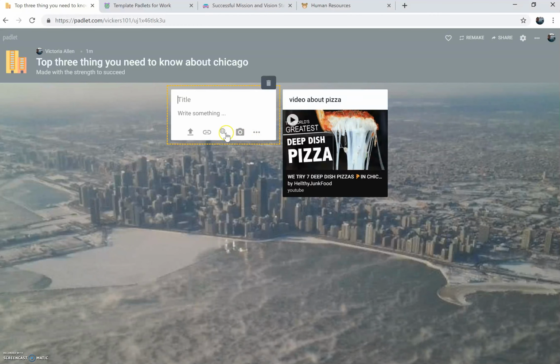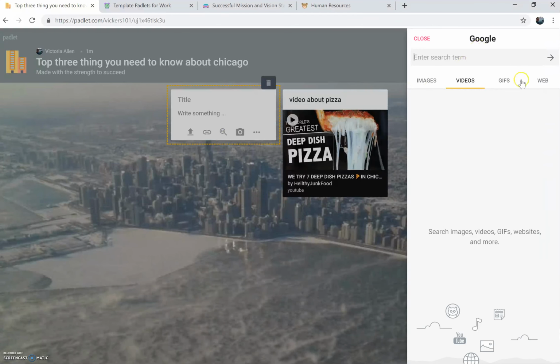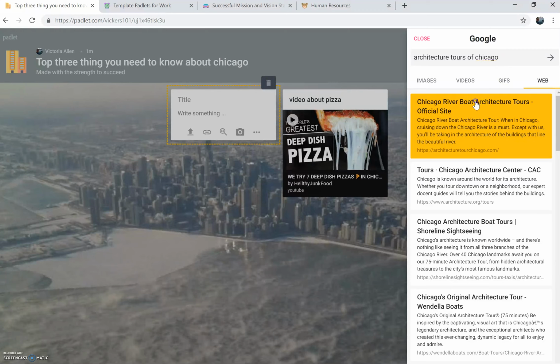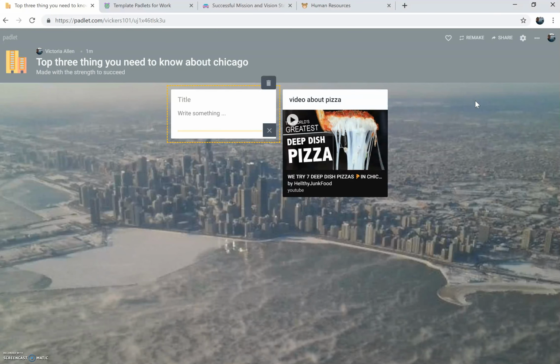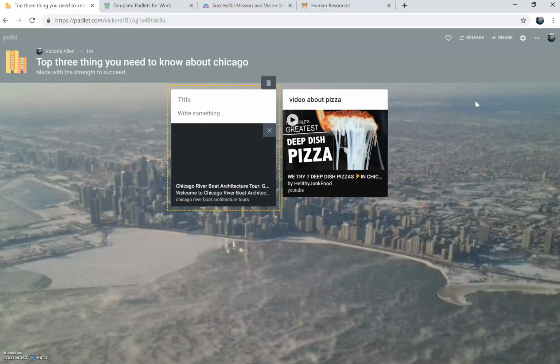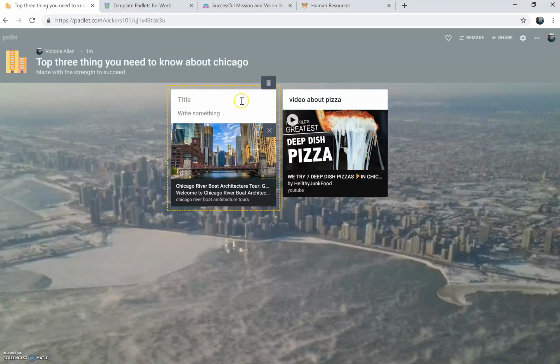So I'm going to add, this time, a website, and I'm going to look for architecture tours of the city. I worked on Chicago boats for several years, so this is definitely one of the things that I would recommend for people to do if they ever visit the city. Another thing that